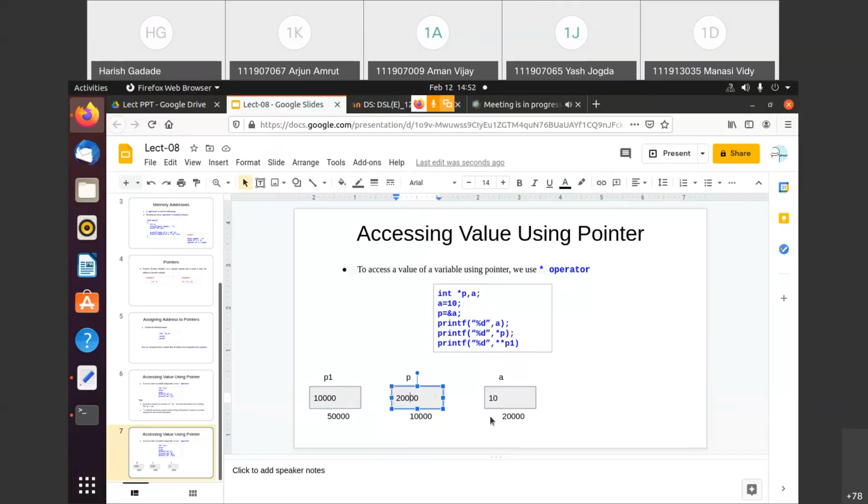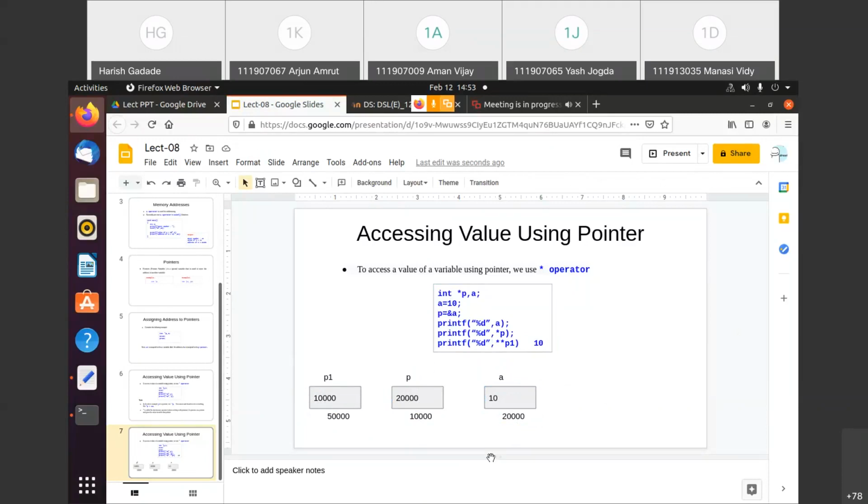Using this 20,000 you just go here, and whatever the value stored at this 20,000, that you have to print here. So in this case also the output would be 10. Getting this? So if you use this concept, whatever is this code, then this would be the scenario inside the memory. Have you understood this?